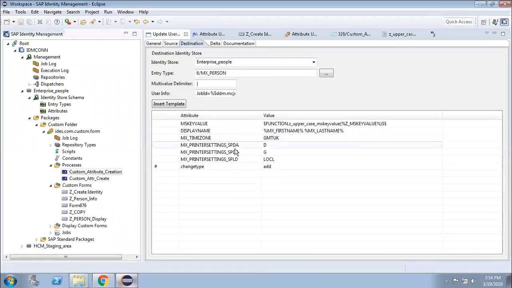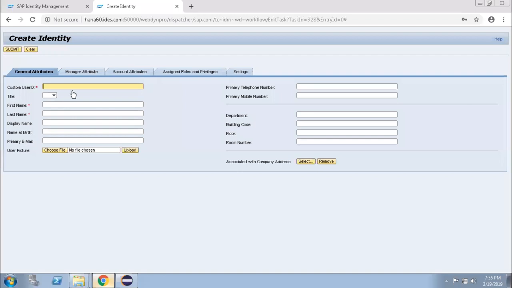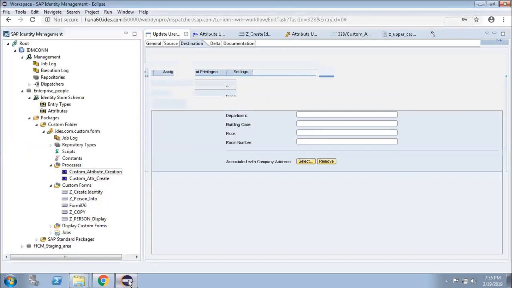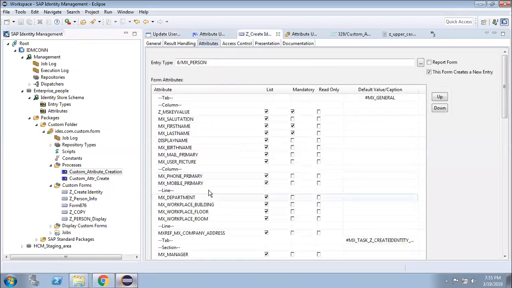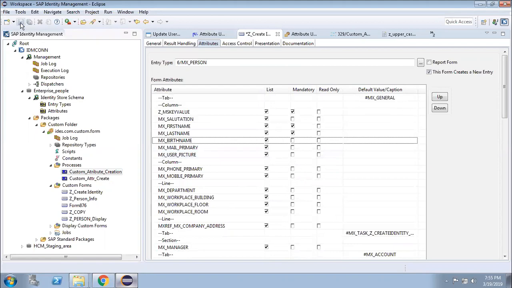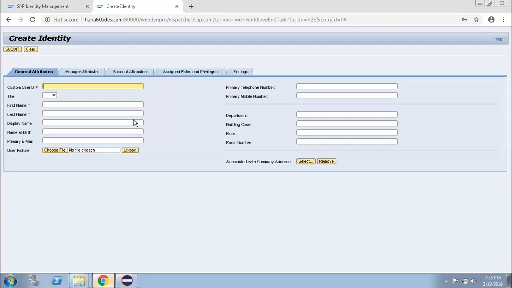Time zone, the printer settings, I have put it so that whenever I create this user, only the first name and last name are entered, and I don't want the display name to be present during user creation. Let's save it. Let's refresh it. So the display name is gone.